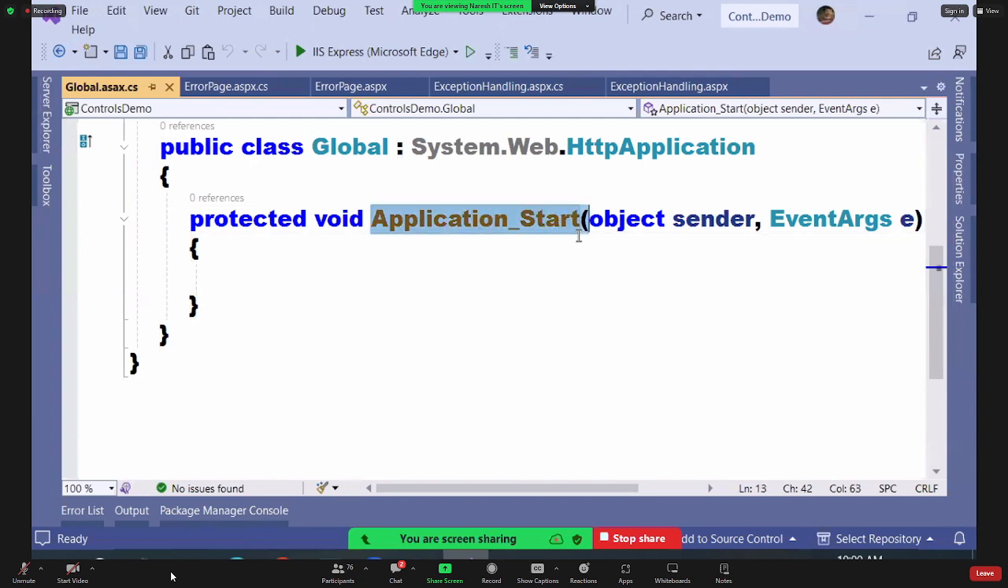What is the method? I already explained this particular method to you. When, sir? When we started with validation controls, we talked about it. Yes or no? So basically, in this class, we can have some methods. What are the methods? Like